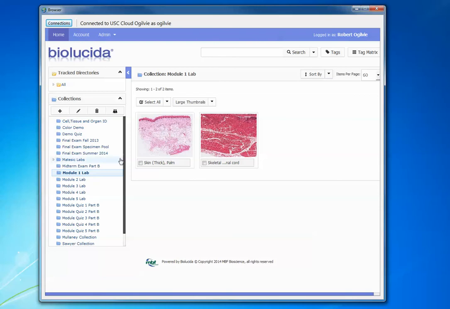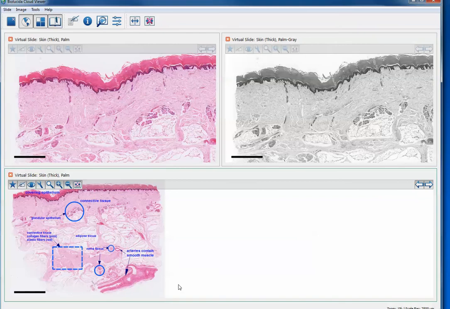Okay, the specimen I'm using is this skin, which is in Module 1 lab, and it's one of the specimens you were invited to study, and we had some annotations, and I'm going to show you those annotations here in a moment. So below here are the annotations that you could have taken advantage of and zoomed in on: connective tissue, and then dense connective tissue and adipose tissue and smooth muscle and the covering epithelium, which is stratified squamous keratinized